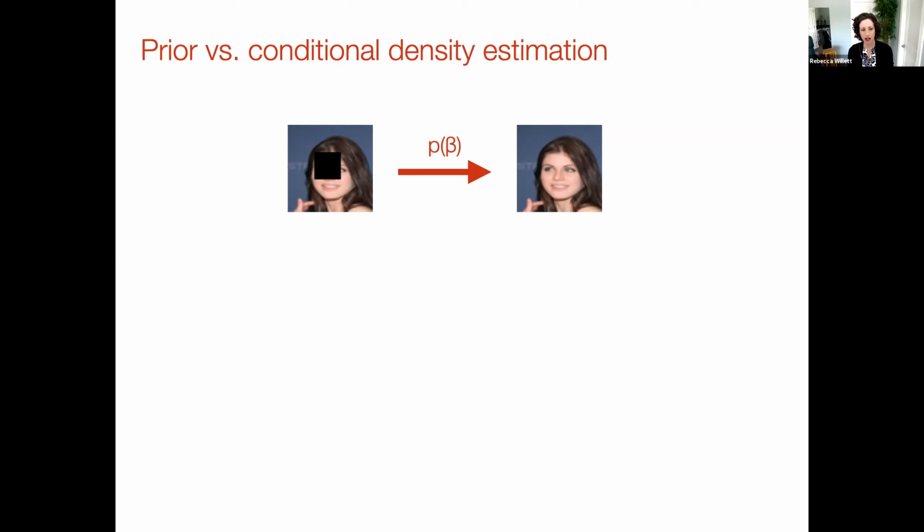But in the context of something like inpainting here, we can see that in this image, there are tons of pixels that are totally irrelevant to the inpainting problem. So if I want to fill in the details of her nose, that's totally independent of the color of the background. The fact that the background is blue doesn't tell me anything about the structure of her nose. And so if we take our training data and force ourselves to learn the full distribution over all possible images, then we're really having to learn way more about the structure of images than we ultimately need to solve the inverse problem.